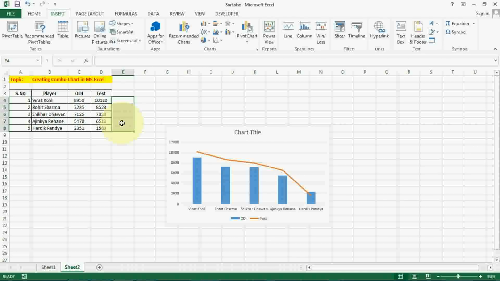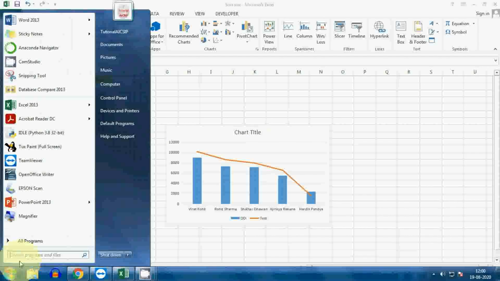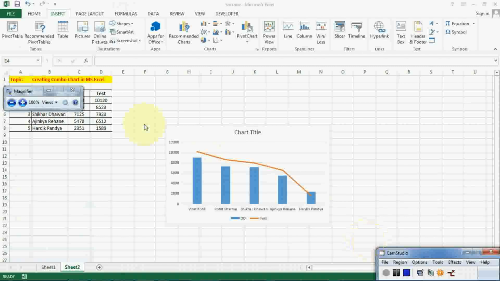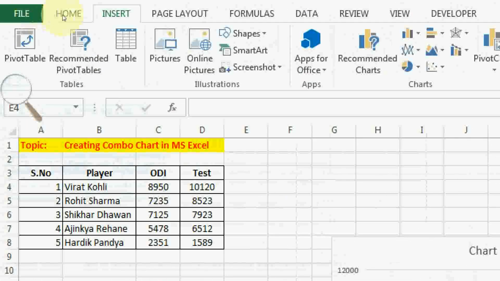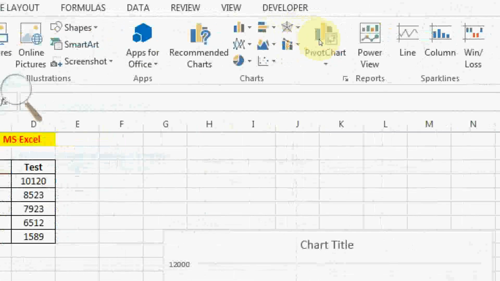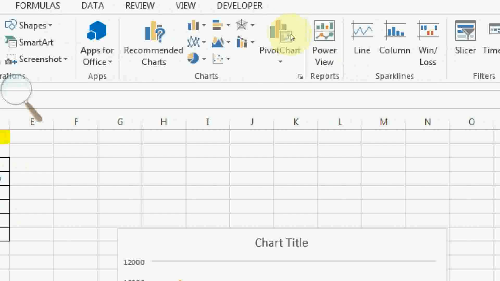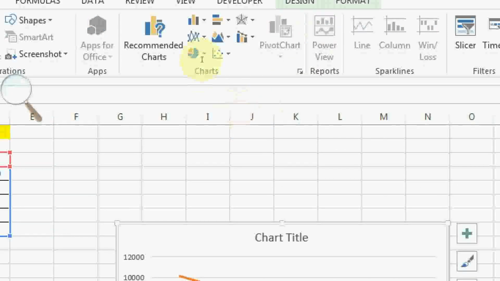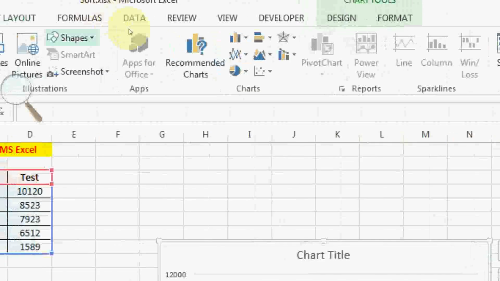There is a special group called Sparklines. Let me open the magnifier once again. I will show you the option from the Insert menu. Just click on this Insert menu and then you will get Sparklines. See, there are three options: line, column and win loss. This is the Sparklines group. So wherever you want to use this particular option, you can select that particular data and display it. So let me now insert how this sparkline can be inserted.